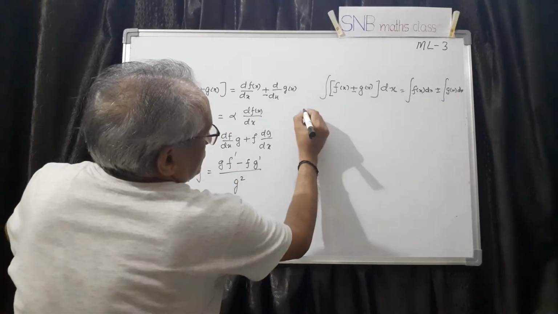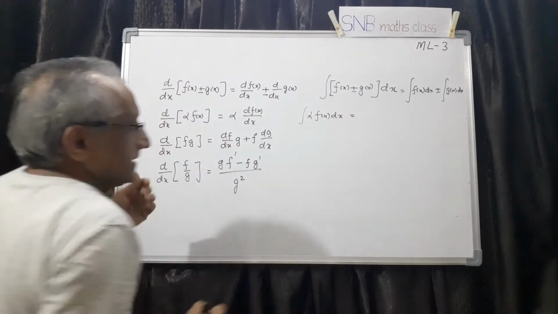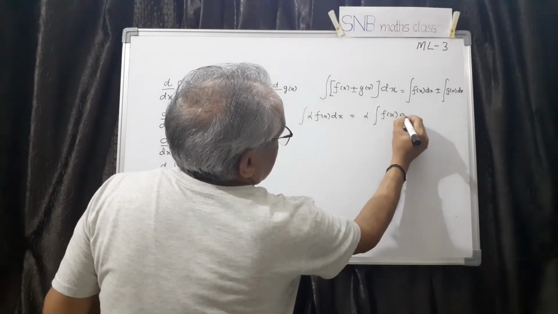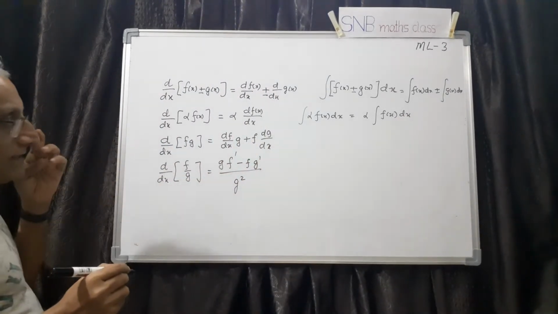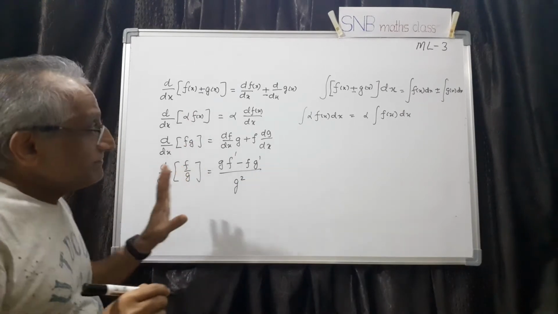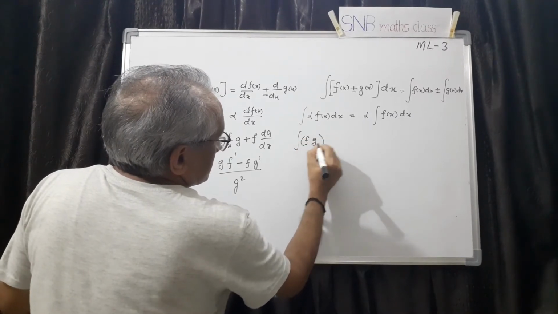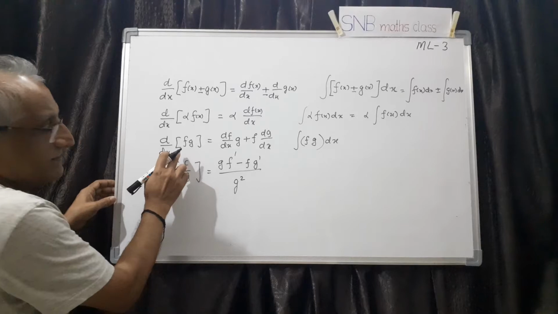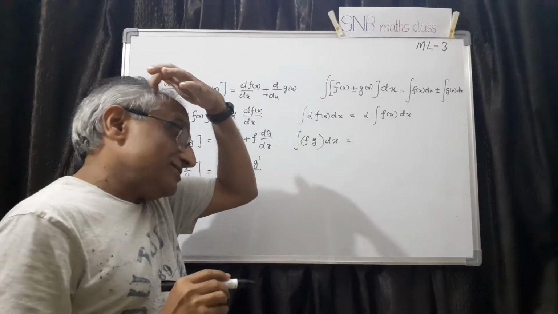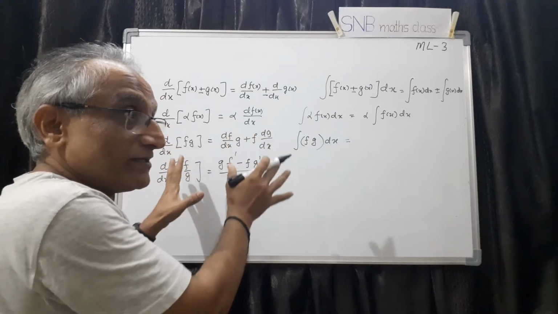Same thing here also. Suppose you have alpha times f of x dx, then definitely you can take alpha outside, then integration of f of x dx. Same thing here also, but we don't call it the product rule. There is a separate name and it comes later, but let me write what it is. Integration of fg dx, where f and g are two functions, is given by this rule. Of course, there is a proof also. Normally in integration it is done later, but let me mention it here so that we can understand how we can integrate.